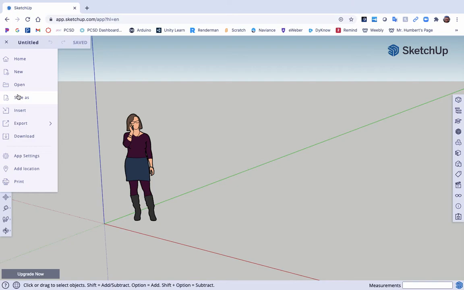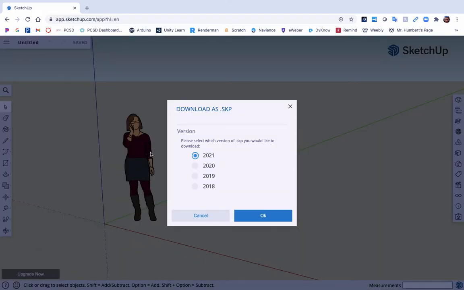Okay, you can save. If you save it, it saves to the cloud. You can download, which lets you download again to a 2018 or 2019, which maybe you are using. You could even work on a home computer and then save it or download it, and then you can open it back on a school Mac later. Okay, so